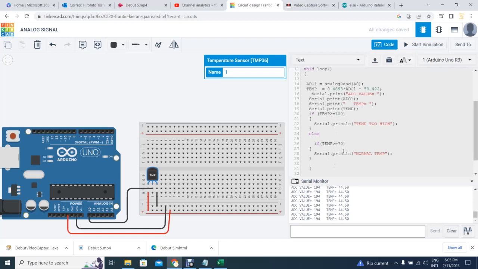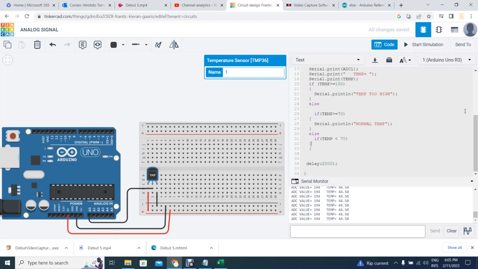In that case, let's say else, we're going to check that last condition, else, and we're going to say if temp less than 70, we're going to close here, we open again this, and we're going to set there, we are almost done,